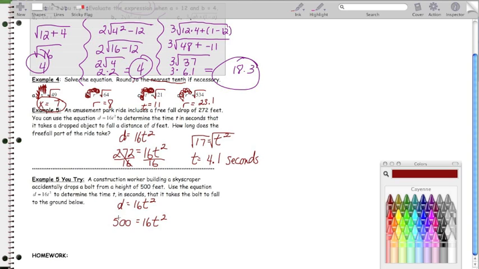The first thing in this problem, I went ahead and I substituted in 500 for d, the distance. 500 equals 16t squared. I want to get t by itself, so I'm going to first divide everything by 16. 500 divided by 16 is 31.25. Now they don't say anything about rounding. If it's a number, there's some different concepts as far as how this goes. If it's a number that's short like this, it only goes to the hundredths, then keep it that way. If it's going on forever and ever and ever,